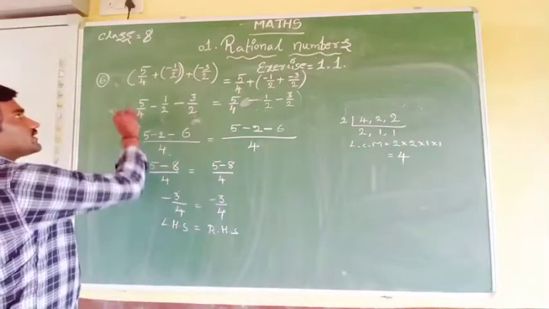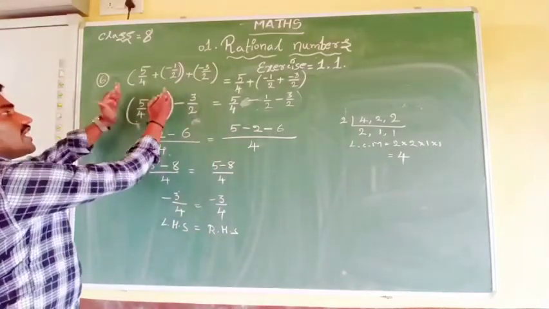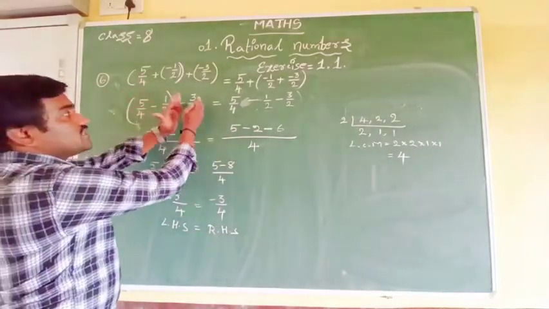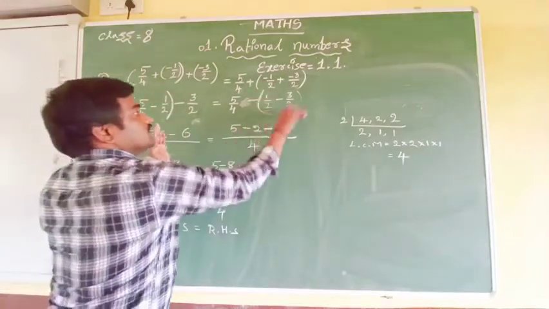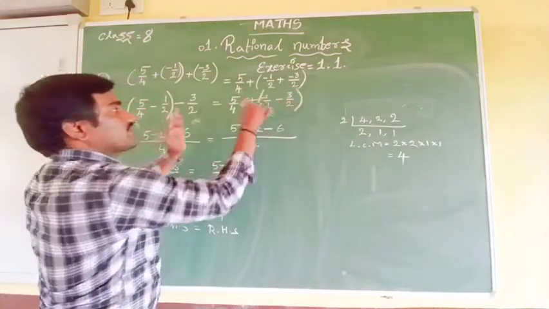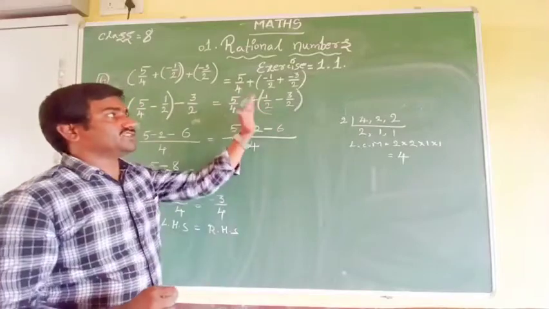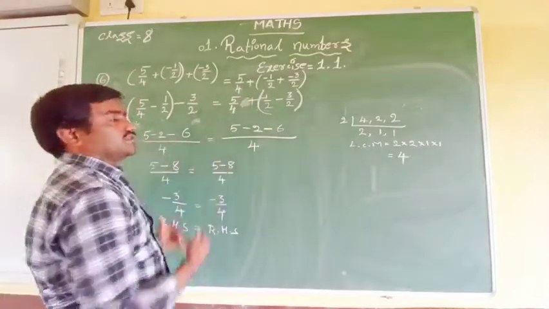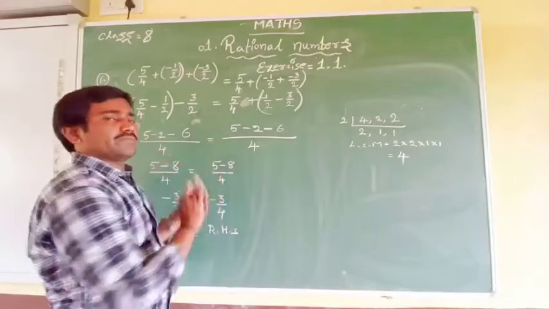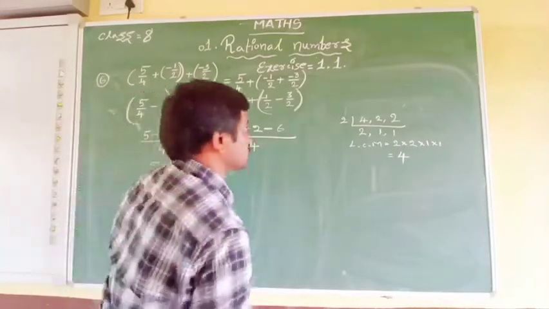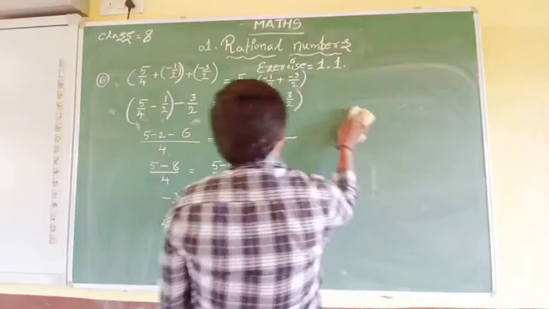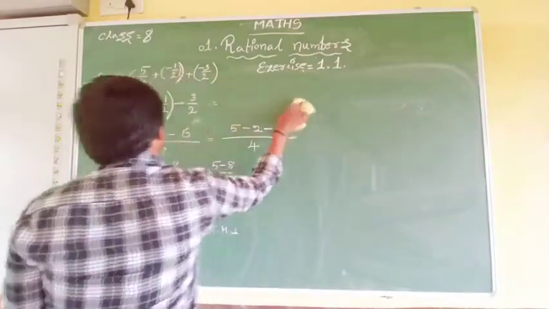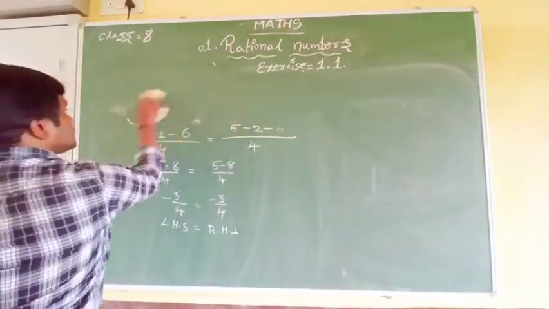Normally we should do like this. See, this under bracket values we have to solve first. Then you go with this simplification. First this you need to solve it. Then you have to come for the next solution. The next one we need to add. I did not do that. Directly add like this. Even though you get the same answer or not, this is another way you can solve it. Okay.